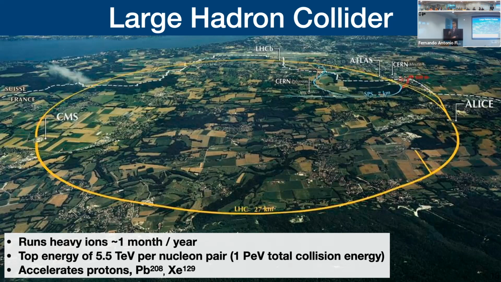So you can actually use joules, which is a more macroscopic quantity, to describe the energy of literally two particles colliding. So it's a huge, huge amount. The LHC is more limited in the ions that it can collide. It can do protons, lead, and xenon for now. Now I'm going to show you a simulation of what these collisions look like at the LHC.